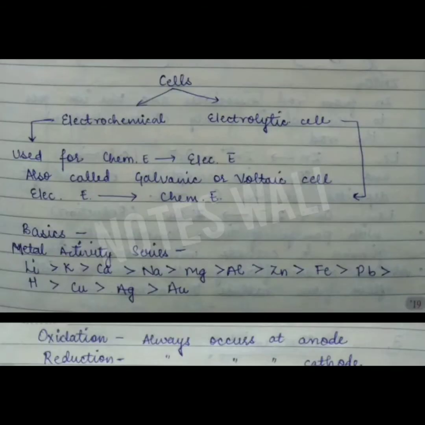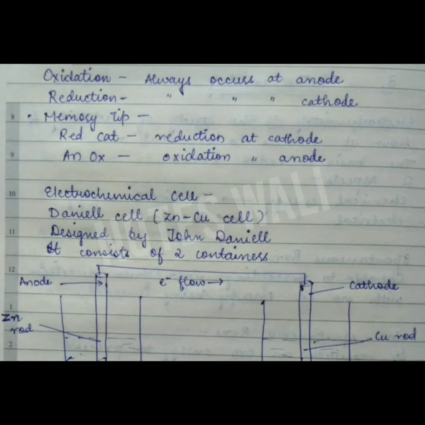Next we look at the types of cell. We will study two types of cells. The cells are not of physics, but these cells are the containers in which the electrochemical reactions are carried on. The two types of cells are electrochemical and electrolytic. You have to remember that oxidation always occurs at the anode and reduction always occurs at the cathode, which is the negative electrode. Firstly, we look at the electrochemical cell.